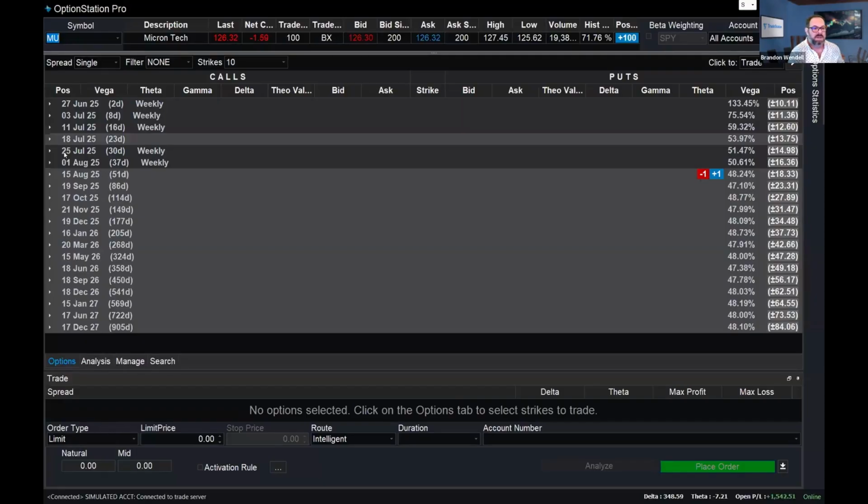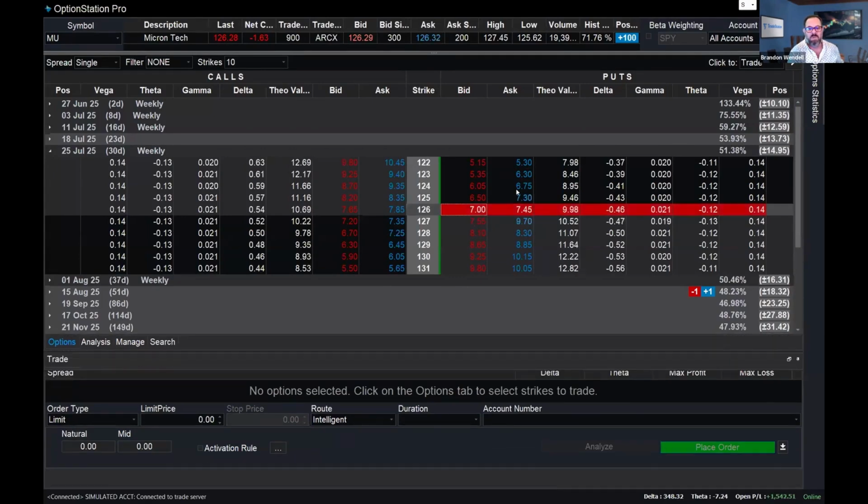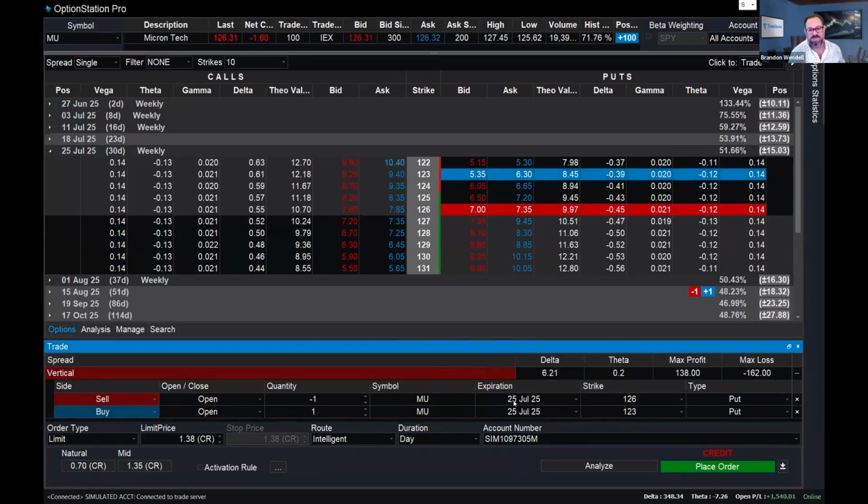So let's say I'm doing a bull put spread with 30 days left till expiration. And again, I would just do my analysis, figure out where I'm getting in, how much risk I'm willing to take. Just randomly picking these for now. So I'm selling the 126, buying the 123s. And the natural, try to split that perhaps and shave a little bit extra. So what we got? 80. Obviously, there's no guarantees I will get my price. I'll just make it an even dollar.